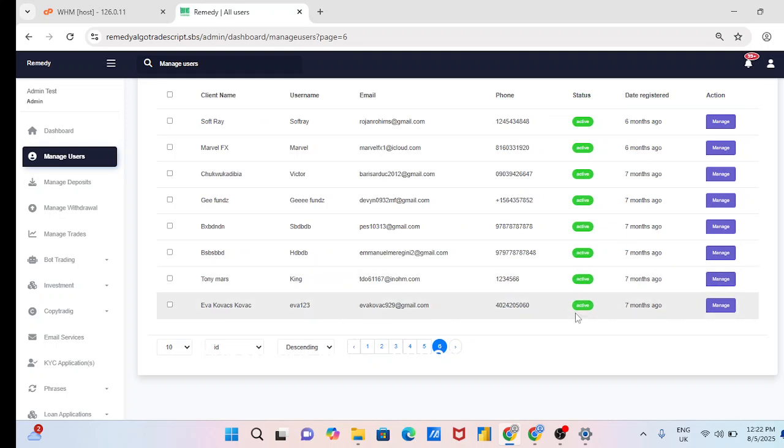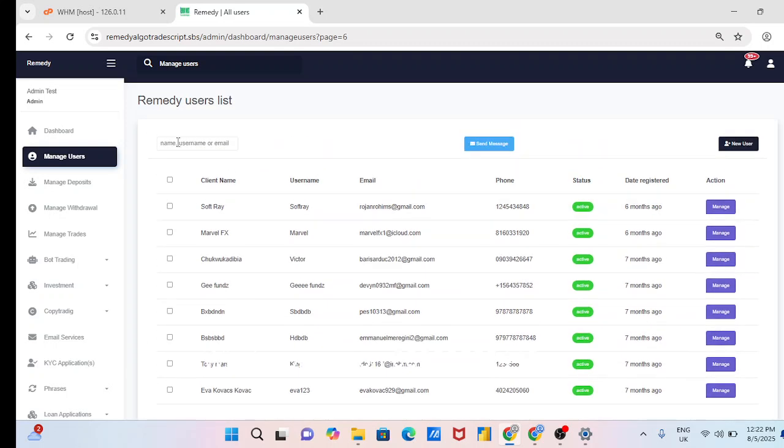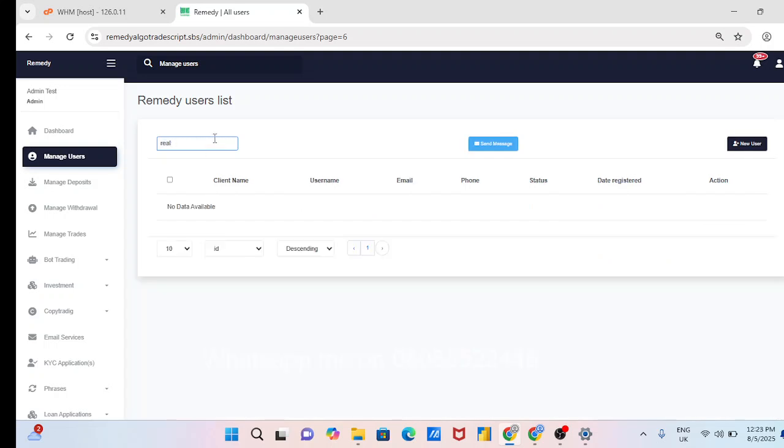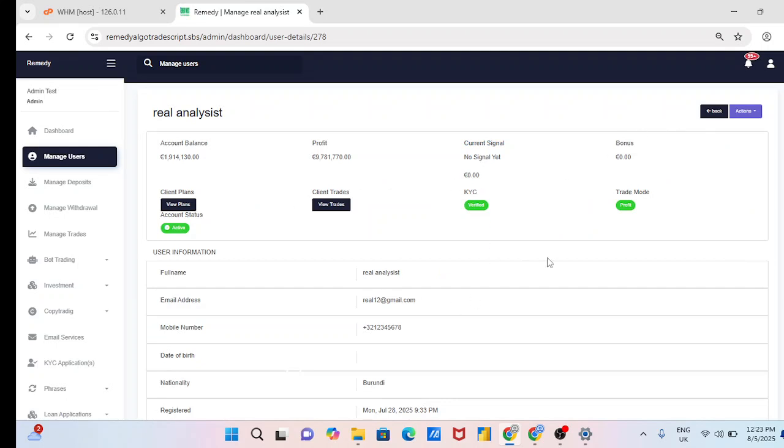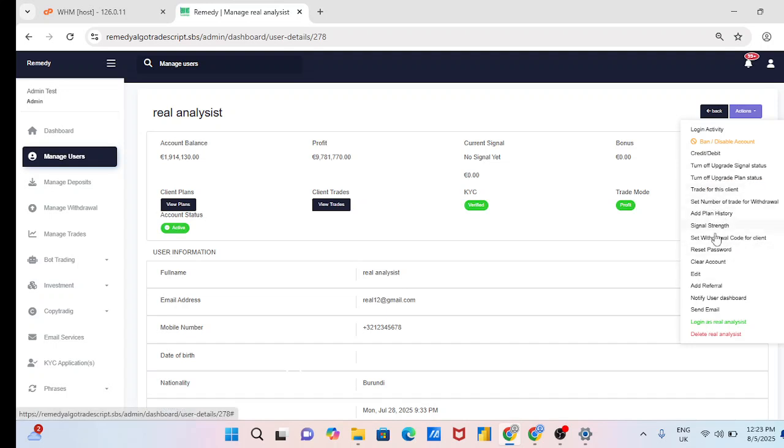Right. Let's change. So the user that we're supposed to have is Ray12. So let's get all the users, because Ray12 is not in that particular list. Right, see Ray12. All right, so let's log into this. Let's look at this. This is the user. Let me change his currency to